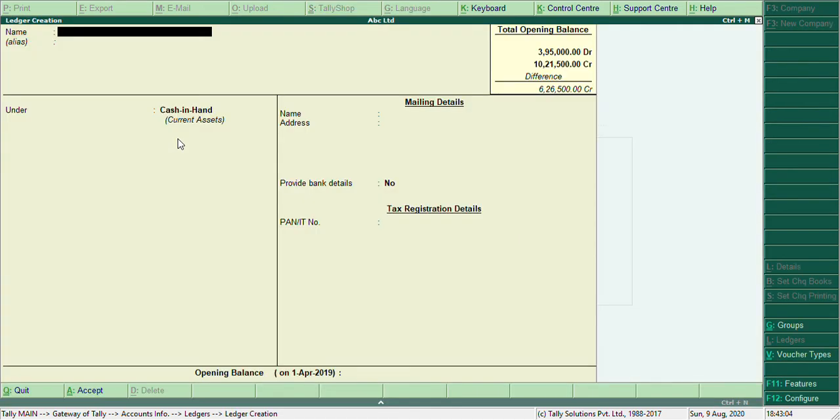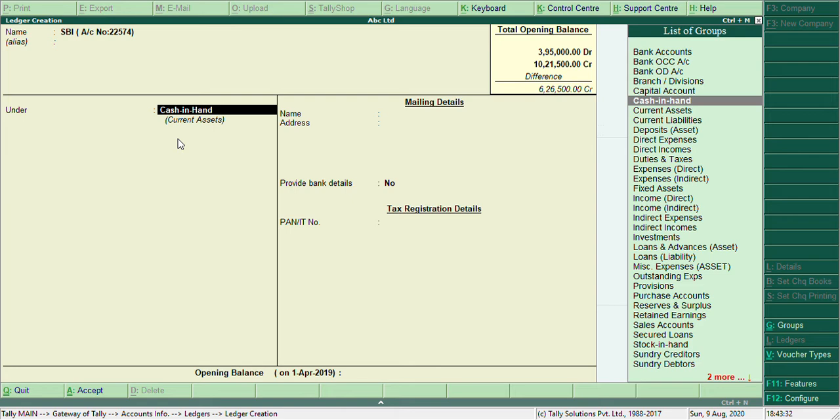Next, the ledger name is SBI account. You can give the account number of a bank as well.